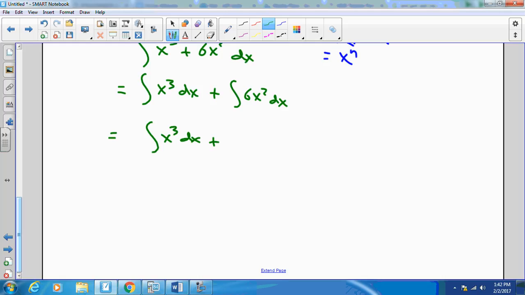I know that 3x squared is exactly the derivative of x cubed. So if I leave 3x squared in my integrand, then I can integrate that on the spot. But this is 2 times 3x squared, so I'm going to pull the constant 2 to the outside using the constant multiple rule,